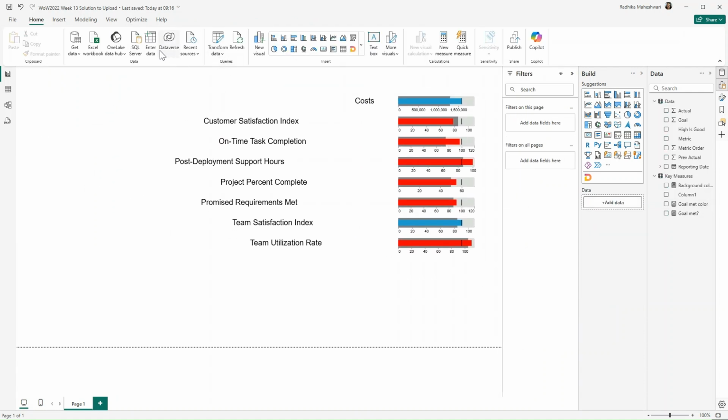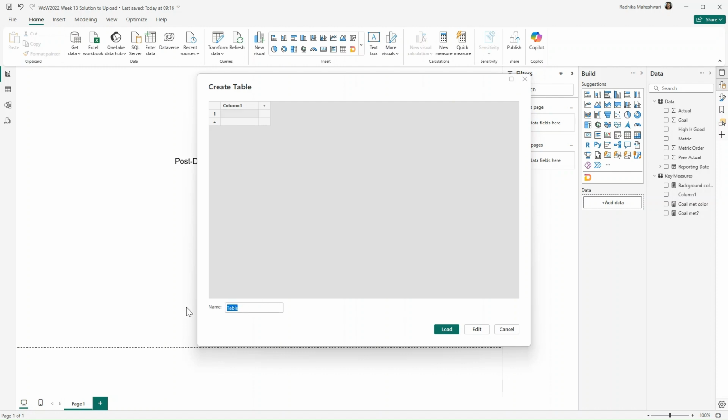Now I will create another table using enter data and call this symbols. And in here I will write name, symbol, and color.